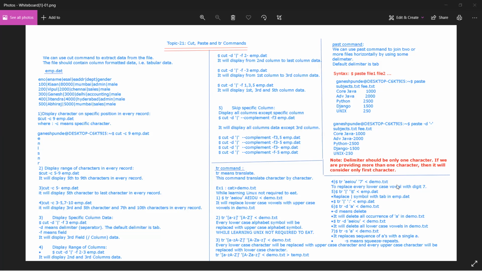Like suppose you want to delete some characters, or suppose you have some repetitive character, you want to replace those characters with some other character. So these are the commands you can use in order to translate or replace the data present in the data file.